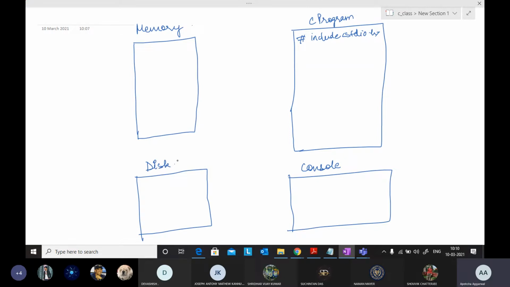Can anyone tell me, if I'm creating a file, where is it getting stored? If I'm saving a file, it is in the disk.